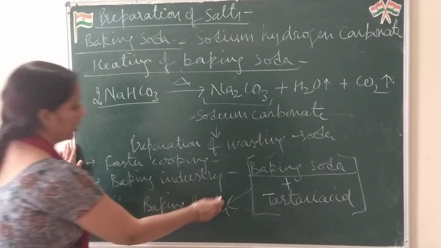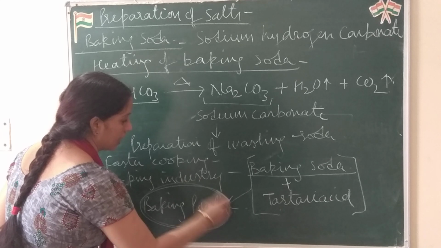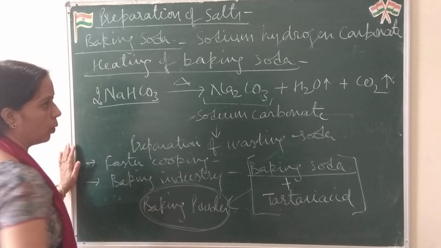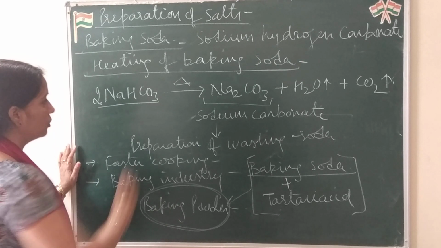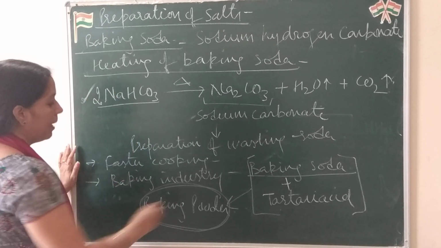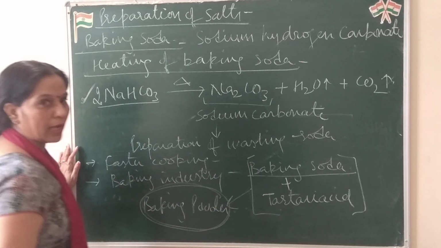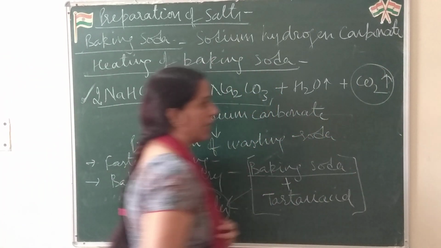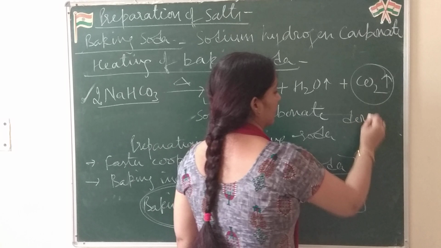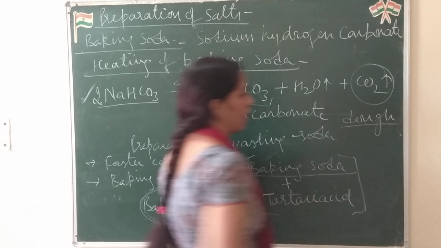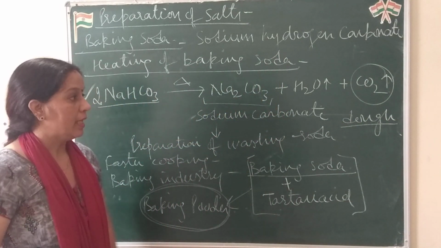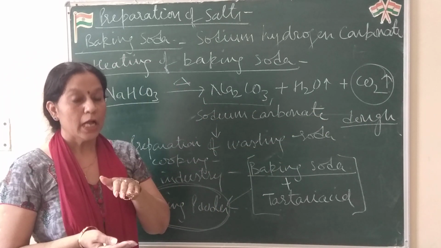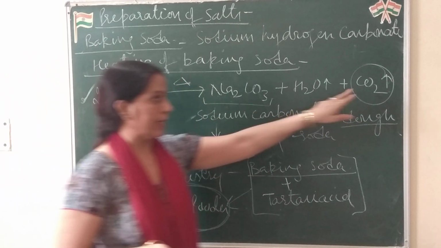Now what is the chemical process used in baking? In the baking industry, when we add baking powder to the dough and it is heated, this reaction will occur. Baking powder contains baking soda. Baking soda on heating will produce carbon dioxide. And what is dough? Dough is the mixture of bread or cake, right? So when you heat it, this dough will start rising due to the release of carbon dioxide gas.